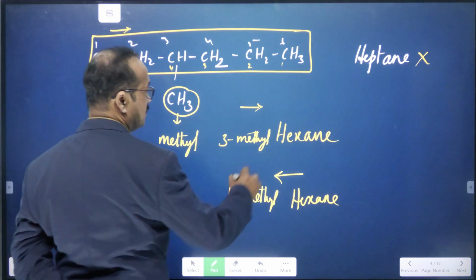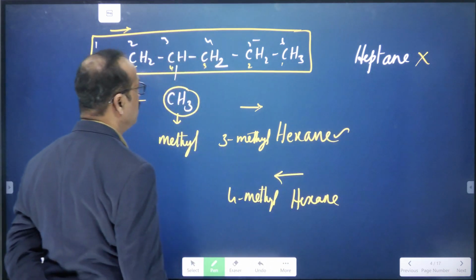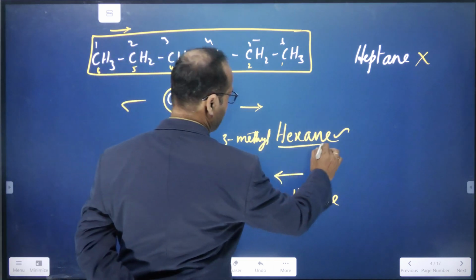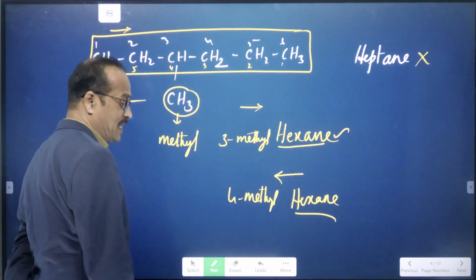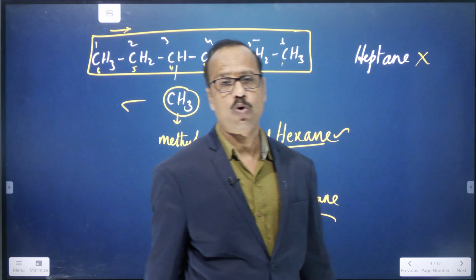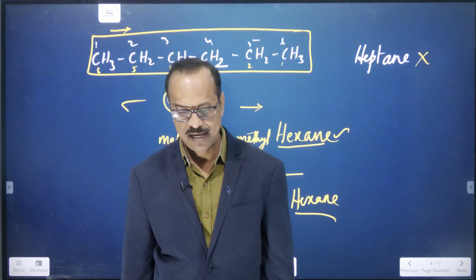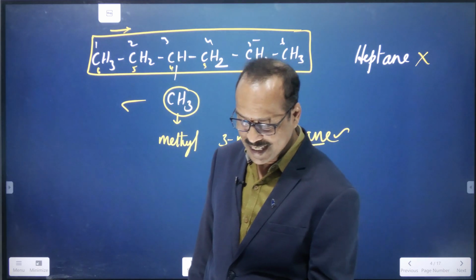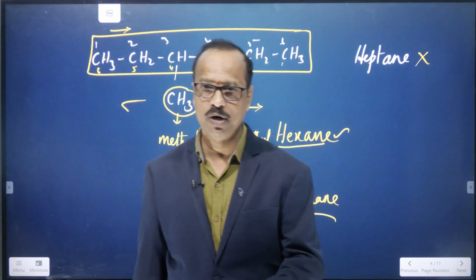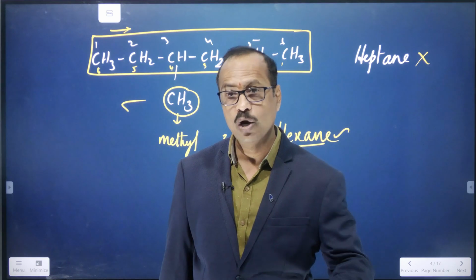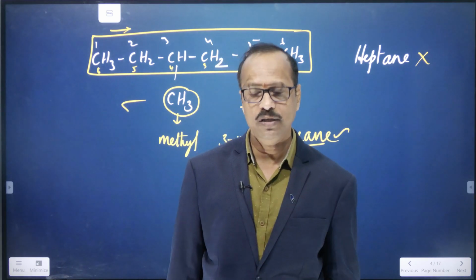Now this is correct. Okay, so the longest chain is hexane in both cases. But when a substituent is attached, that should get the least number. That is called the lowest number rule. So according to the lowest number rule,